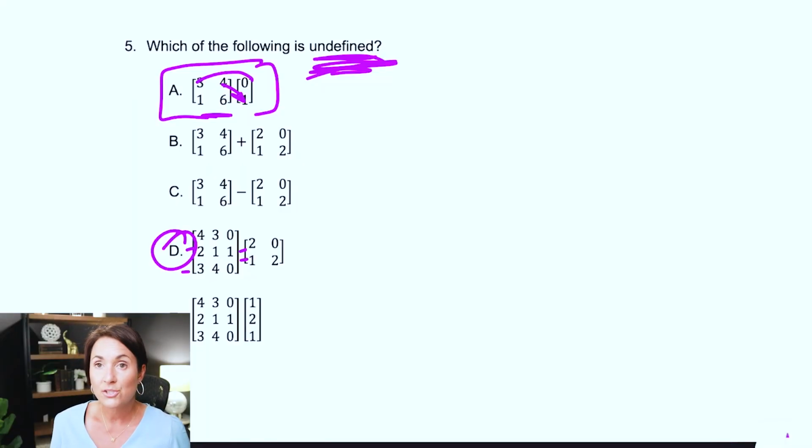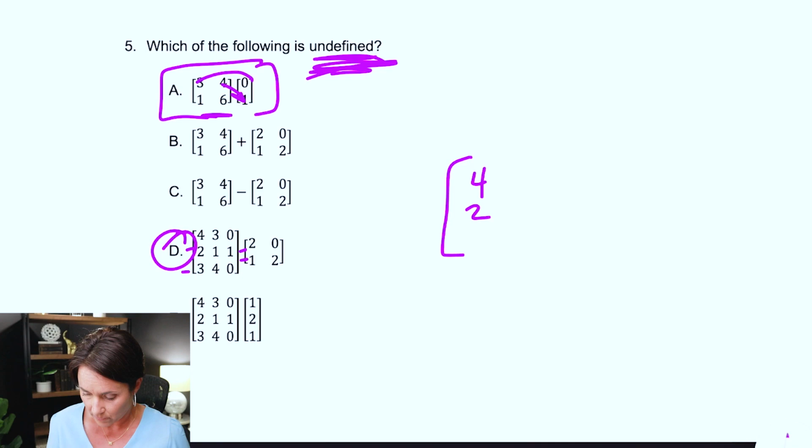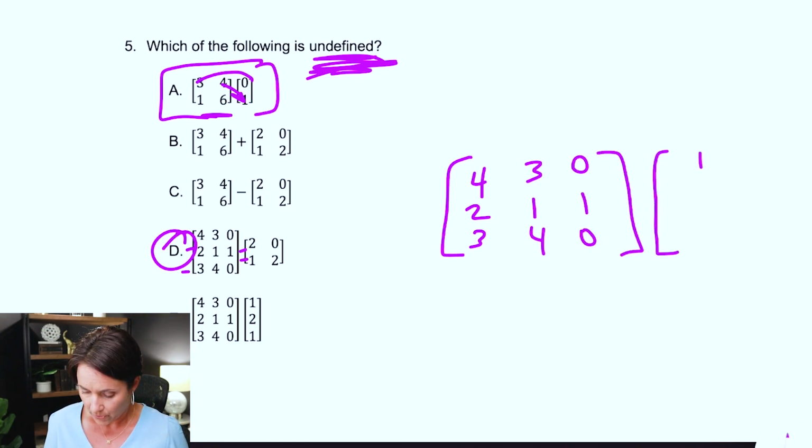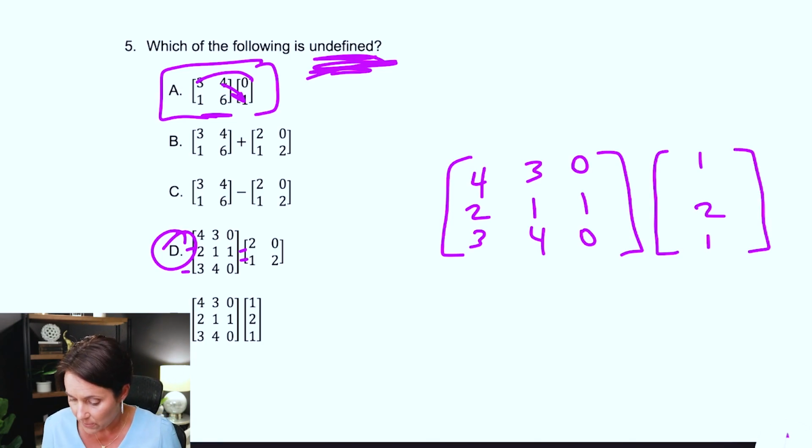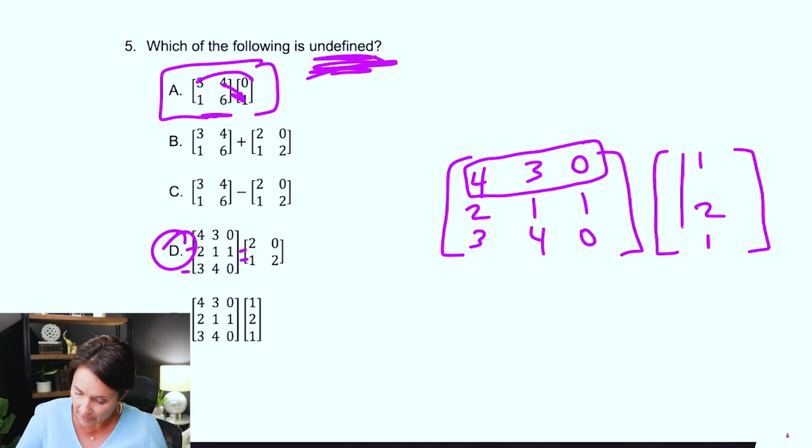Now let's take a look at how we would do it with E here. This is fine, but we've got multiple columns and multiple rows. All right, let's do E, okay? So I'm going to take it out a little bit. I'm going to draw it out here for you guys just to make it a little bit easier. So 3, 3, 1, 4, 0, 1, 0. And then we have the column 1, 2, 1. All right. So basically what we're doing here is we're taking this here and we're going to multiply it by